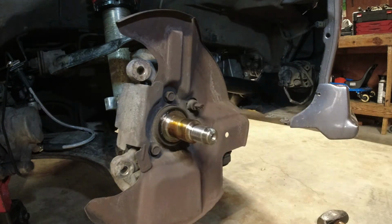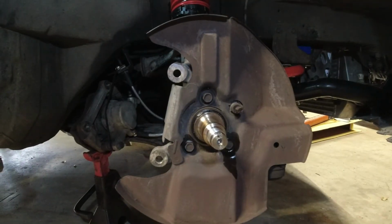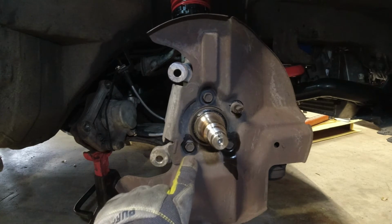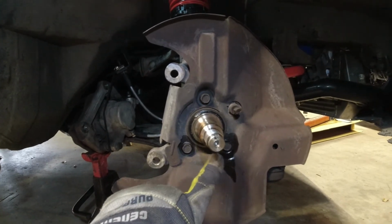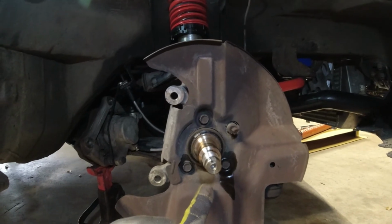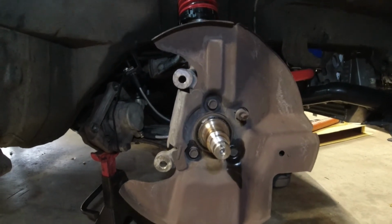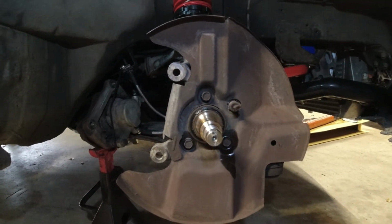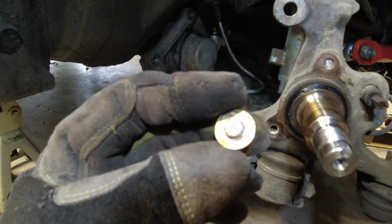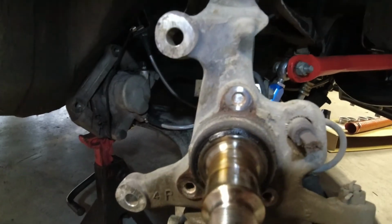Yep, there it goes. And like I said on the driver's side, I had the rearmost bolt head snap off. So I'm soaking these in PB Blaster right now. Gonna let it sit for a little bit, come back, and hopefully break them all loose. No broken bolts anywhere, because that would be kind of a nightmare. Well, I jinxed it. Still had one casualty over here, so now I got the upper